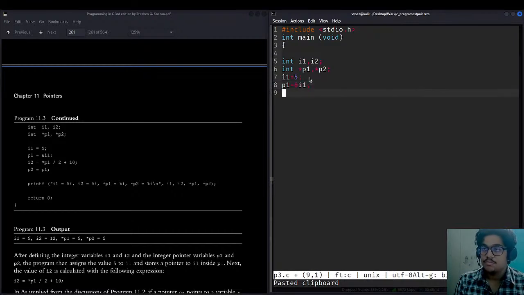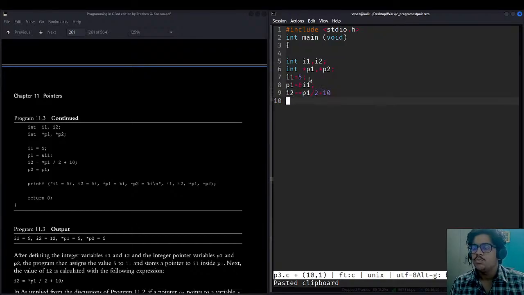Now I2 is equal to the pointer P1 divided by 2, plus 10. Being int, 5 divided by 2 will be 2, plus 10 gives 12.